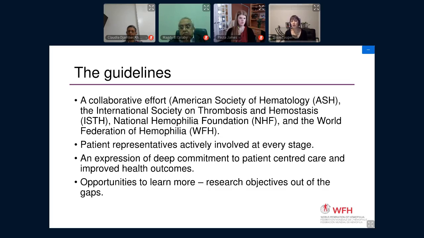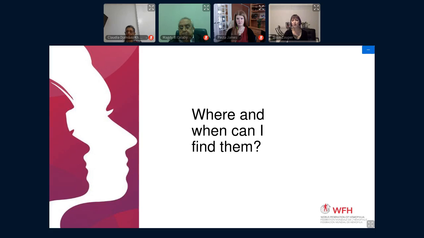So with the guidelines, there are a lot of opportunities to learn more, and research objectives were discussed out of the gaps that came out of the learnings and the recommendations. And I can only hope that these research objectives result in more studies. So watch out for them and see how you can contribute and affect change. So I'm sure you all want to know where and when you can find them. But before we get to that,